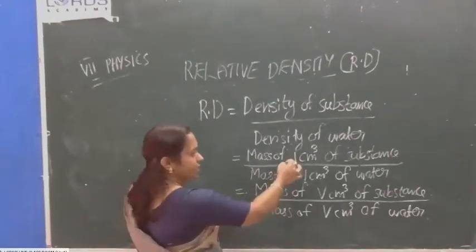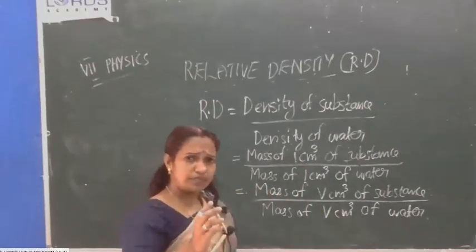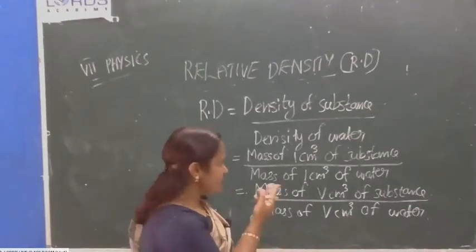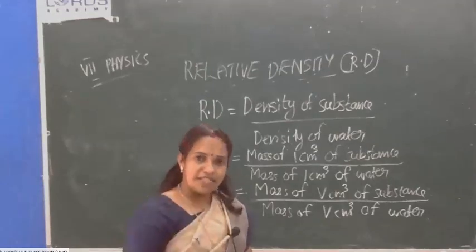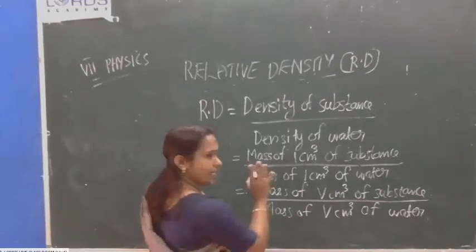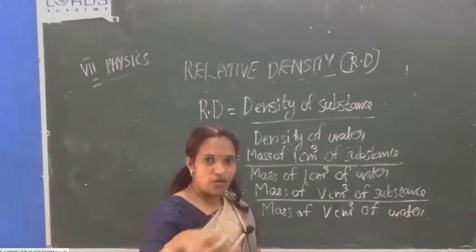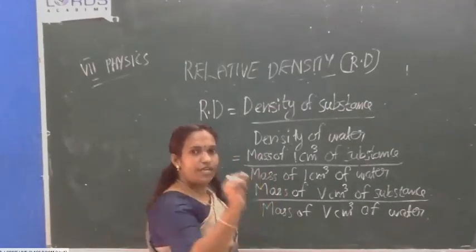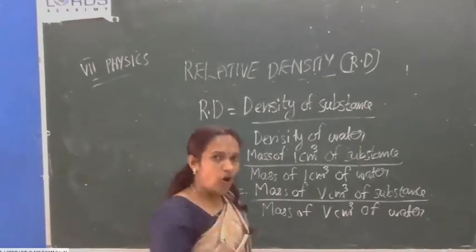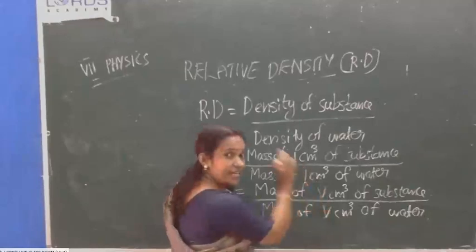This one, here I wrote 1. This 1 I am writing generally. Generally means we are applying to more cases, isn't it? Always it will not be 1 centimeter cube. Sometimes it may be 50 or 100 or 150 or 20, like that it will change. So for all equations we have to apply generally. Then only we can call it an equation. If we can apply it only to a single case, we cannot call it an equation. For all the cases it will be true. It will be correct. So 1 I am writing as generally V.